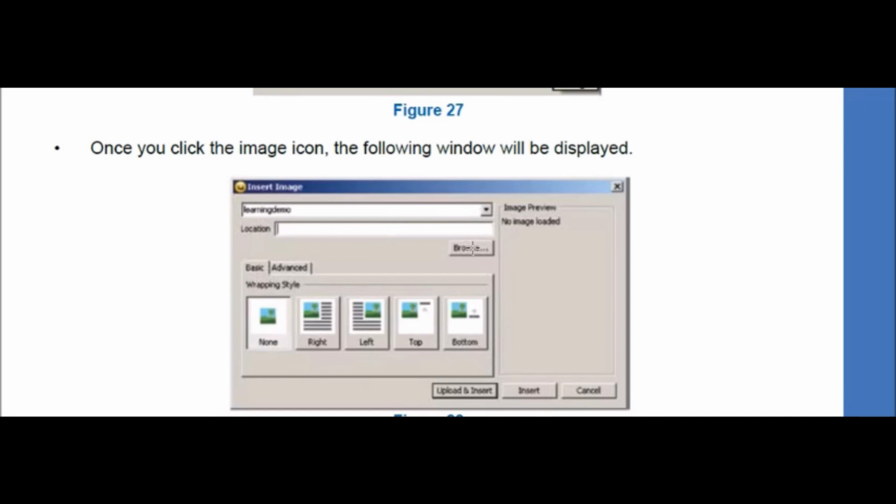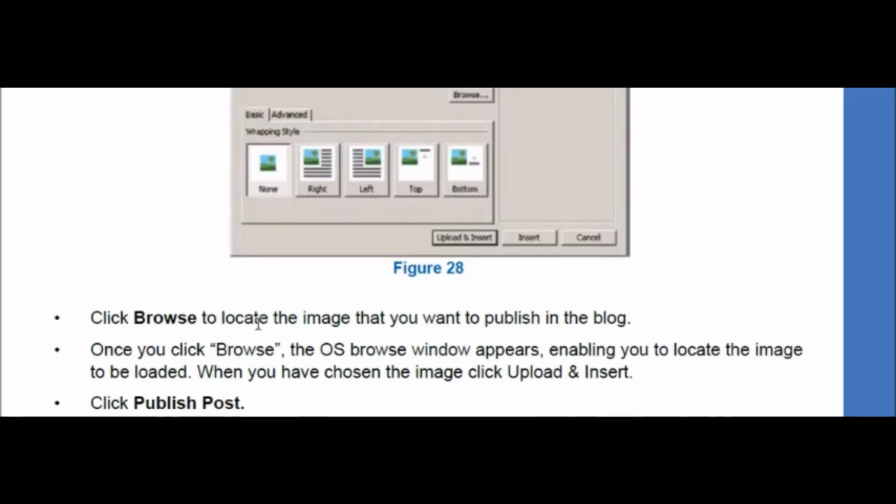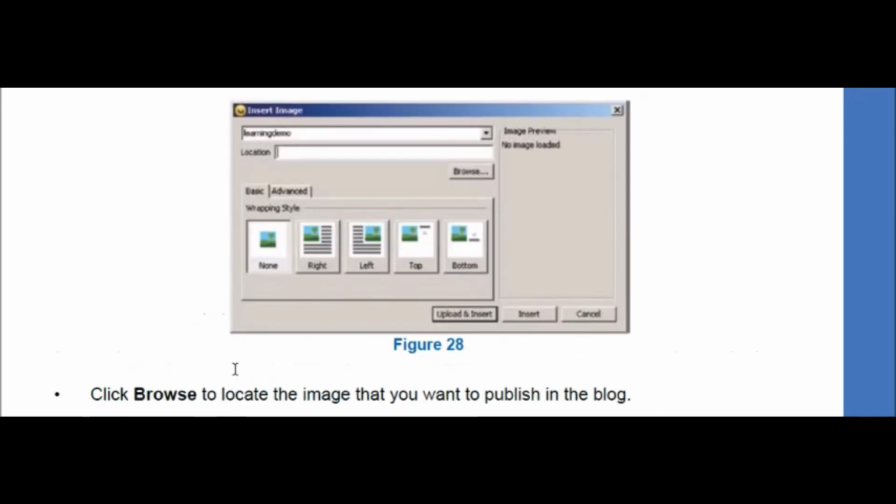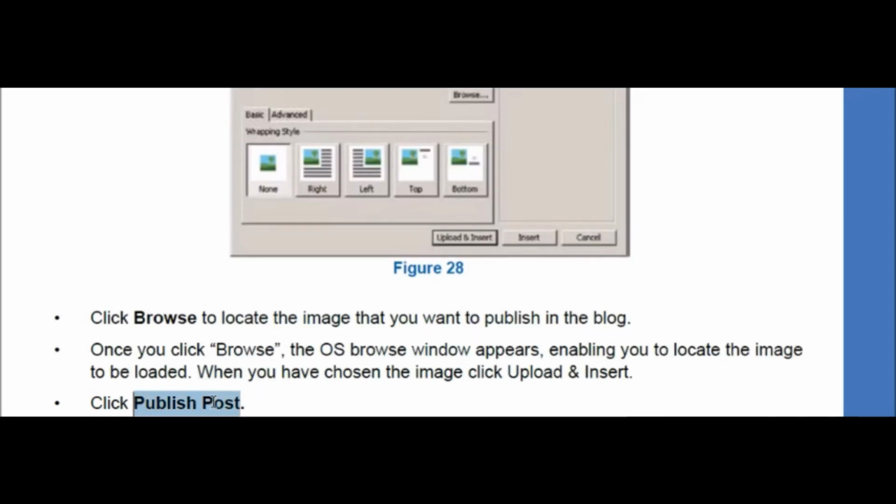When you click on browse, the pictures available in your computer system will open, and you can select whatever image you want, and then align the image: right, none, left, top, bottom. Then you go ahead and click upload and insert. After that the image will be inserted, and then you can go ahead and click on publish post.